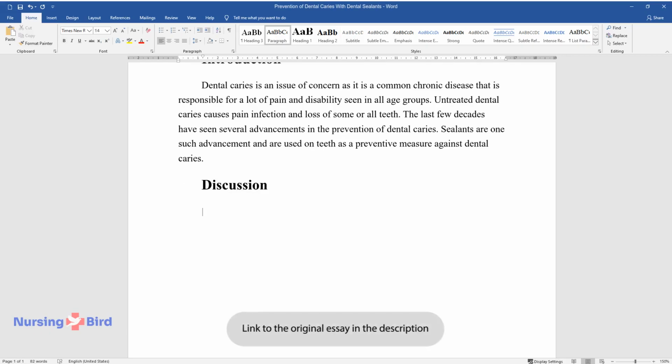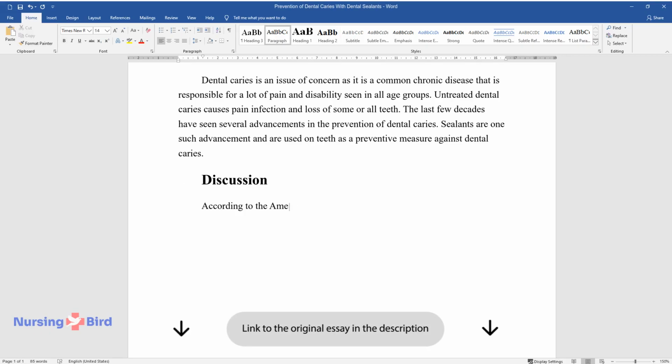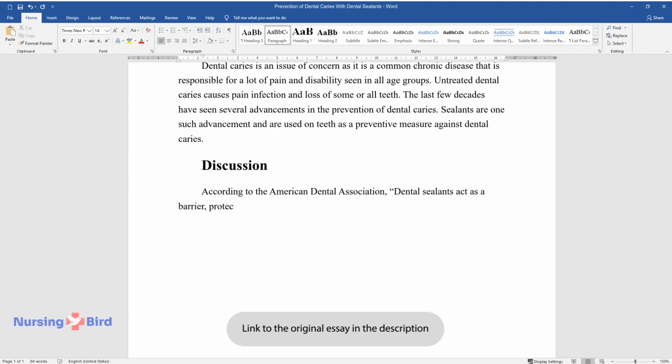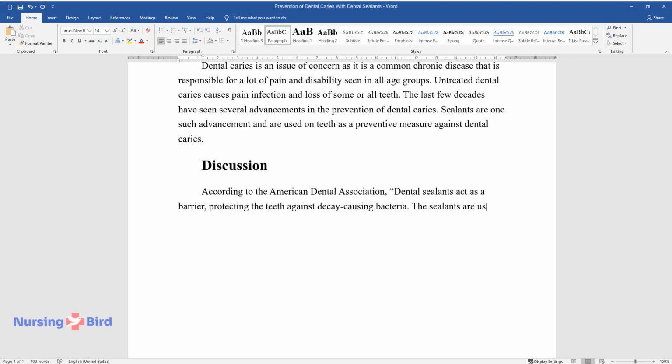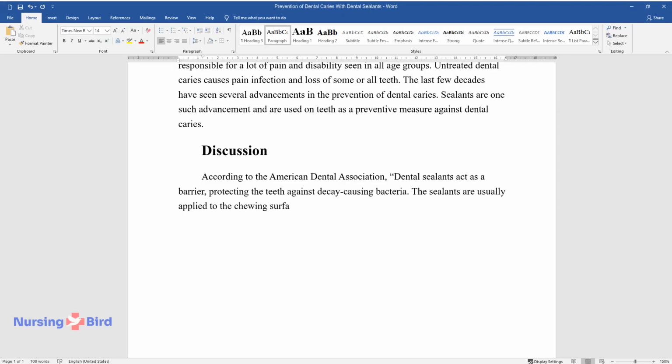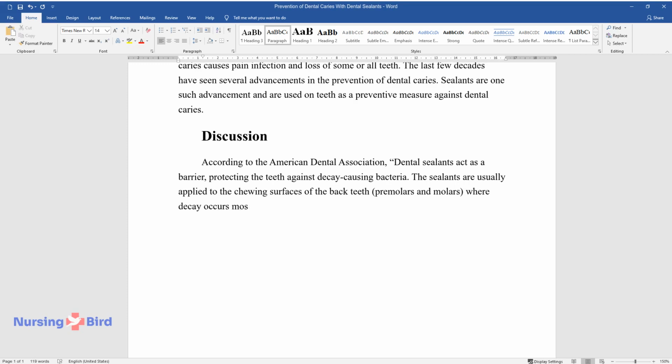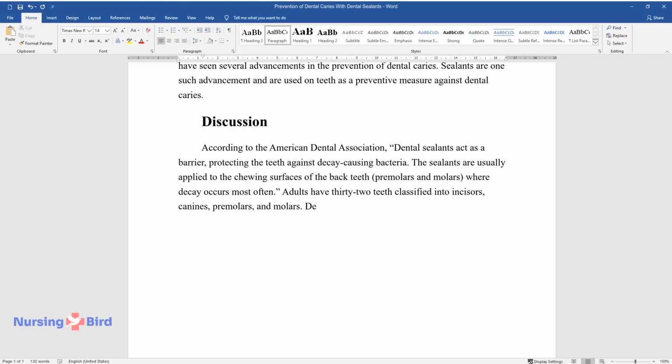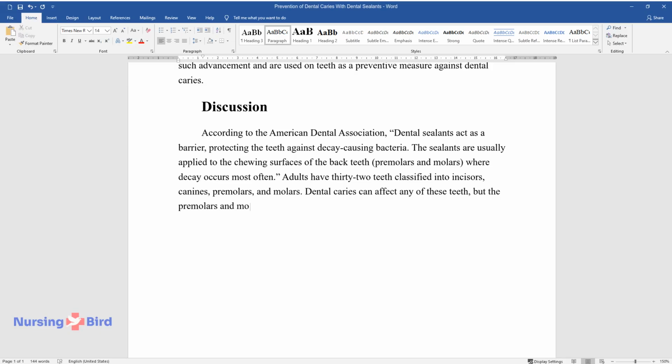Discussion. According to the American Dental Association, dental sealants act as a barrier, protecting the teeth against decay-causing bacteria. The sealants are usually applied to the chewing surfaces of the back teeth, premolars and molars, where decay occurs most often. Adults have 32 teeth classified into incisors, canines, premolars, and molars. Dental caries can affect any of these teeth, but the premolars and molars, or the chewing teeth, are the most